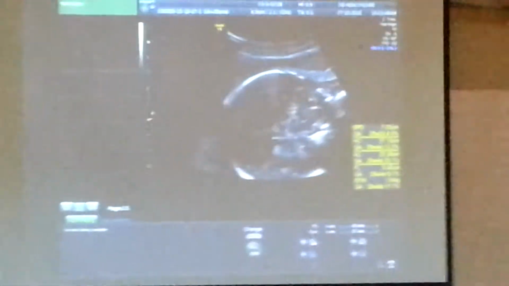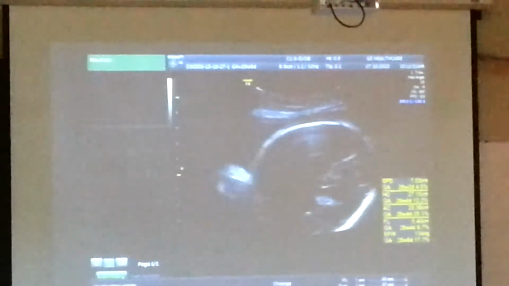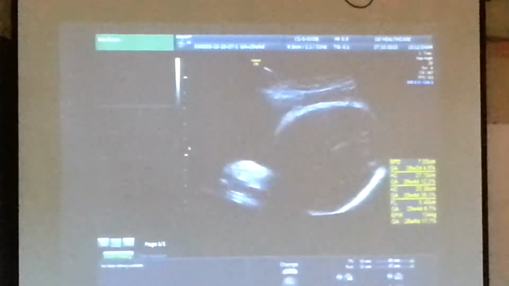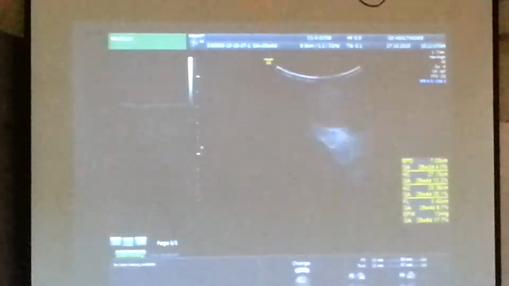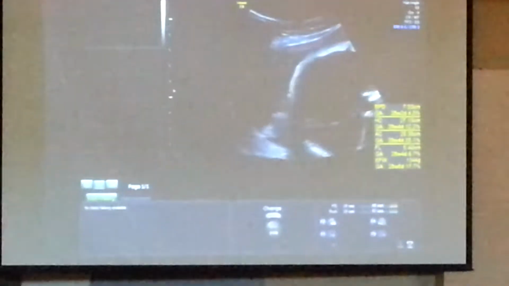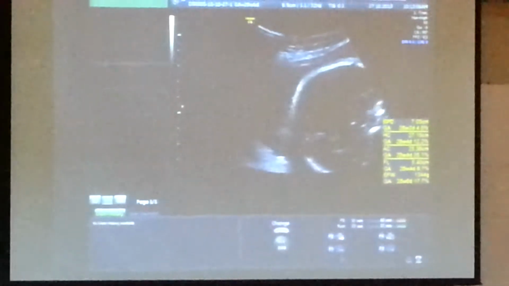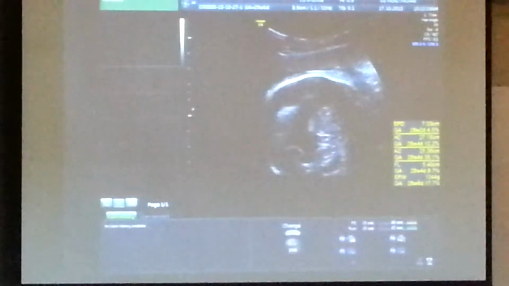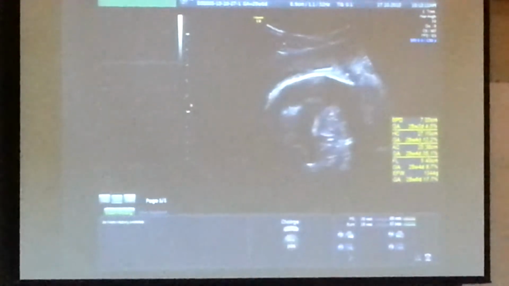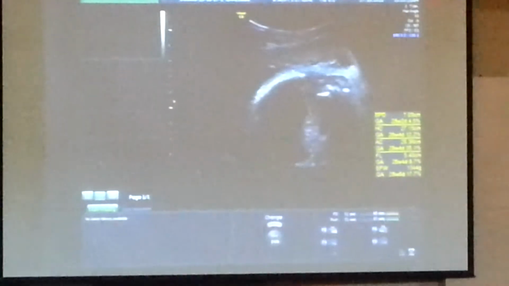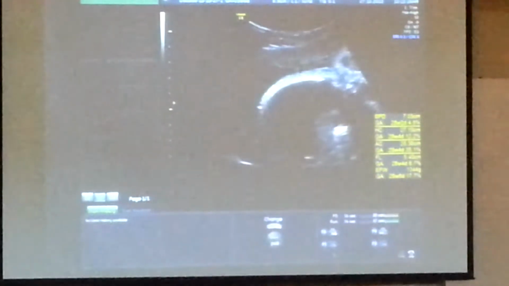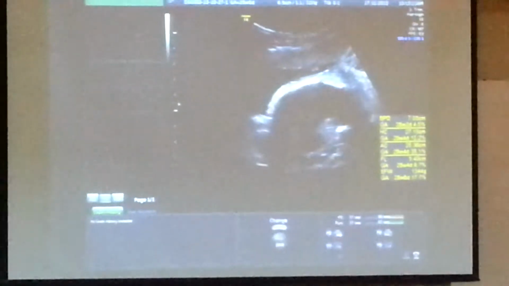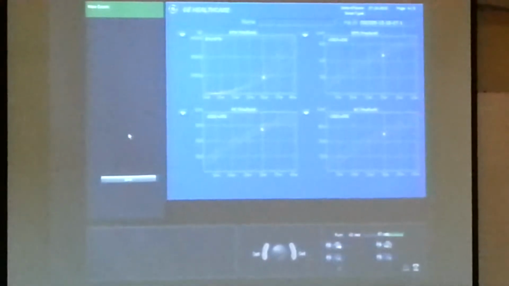Okay. So, anything else? Anybody want to ask anything or want to see anything? The BPD corresponds to the date, because at our level the BPD is used to correspond to the date. For this patient, BPD is equivalent to 28 weeks 2 days, and the gestational age is about the same. Acceptable.